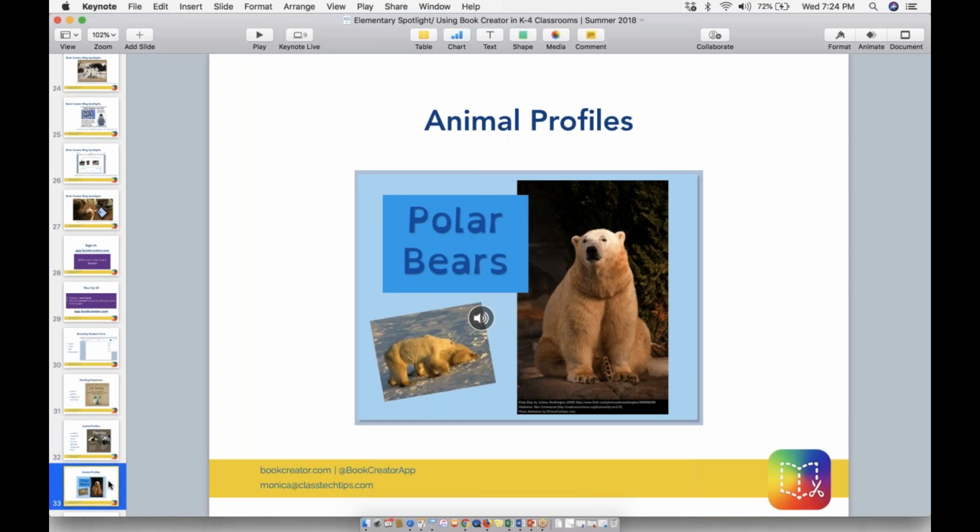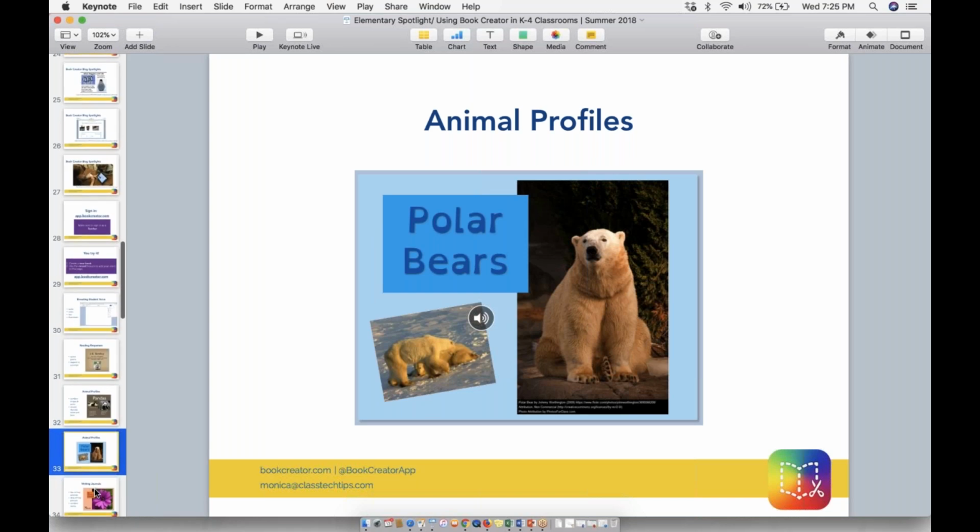They can create shapes and layer that on top of one another, like the rectangle you see on top of the polar bear picture, and even place an audio button on their page. So animal profiles are a great elementary activity for students to read, to collect information, and then write to share